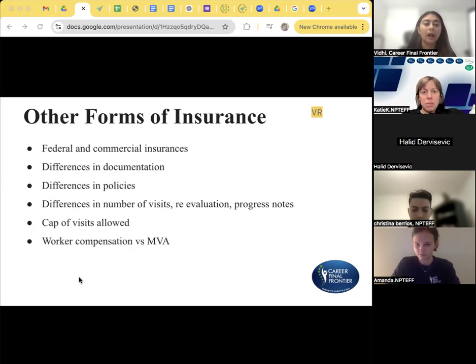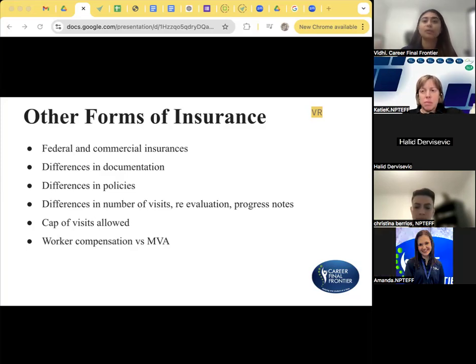What is the difference? Like we mentioned, there is a difference in documentation with federal versus commercial. With federal documentation, you have to be a little more crisp. You have to be a little more clear, explaining why you're using particular CPT codes, explaining why you're doing what you're doing. If you are in a clinic that sees multiple patients at once, say 2 patients an hour or 1 patient every half hour in an outpatient setting, you are supposed to be careful about where you're billing and what you're billing with a Medicare patient. You might have a commercial patient with a Medicare patient. So all of that differs in terms of the time that you're actually able to provide skillfully for a Medicare patient versus what you're billing for a commercial patient.